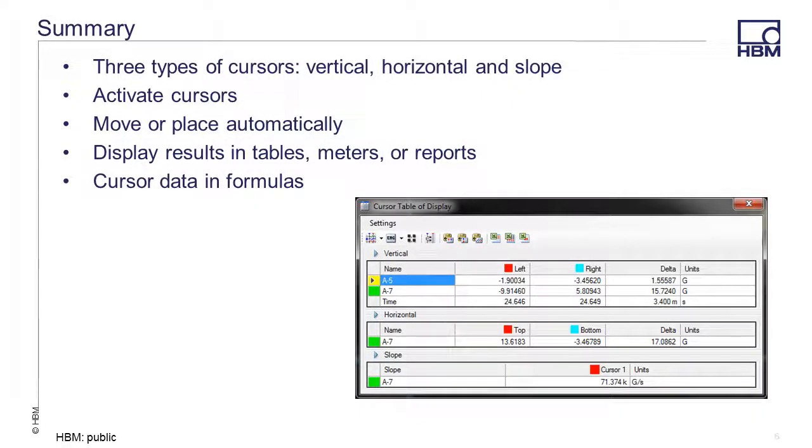In summary, we discussed the three types of cursors available in Perception: vertical, horizontal, and slope. We learned how to turn the cursors on and off, how to move them to a point of interest, both manually and automatically, and how to display or use the cursor data in a variety of Perception